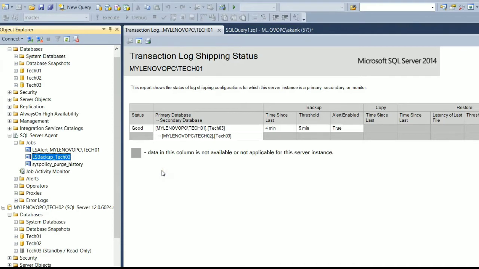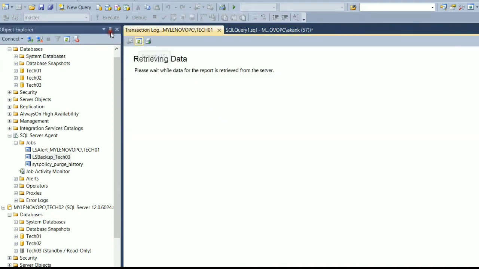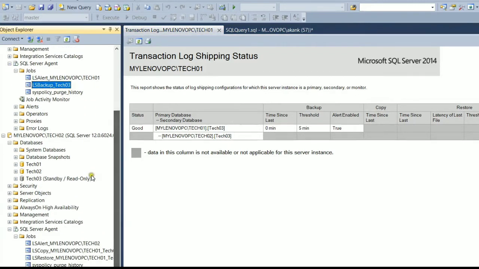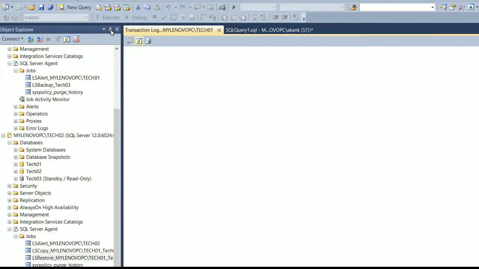Now you need to wait a couple of minutes. The LS copy and restore jobs will try to execute, they will not get the backups at that location, and then you will start getting the alert that log shipping is not in sync.